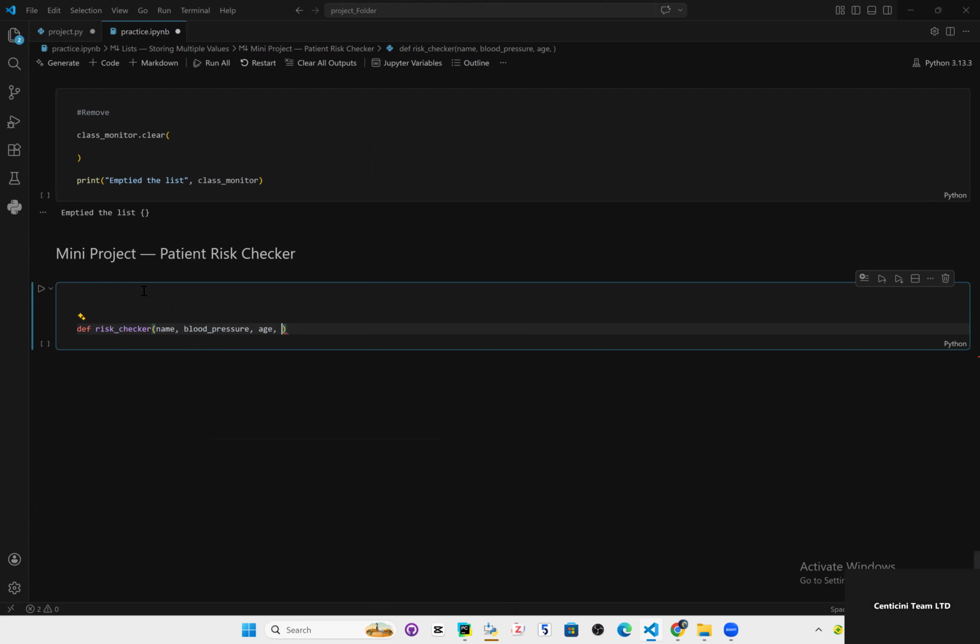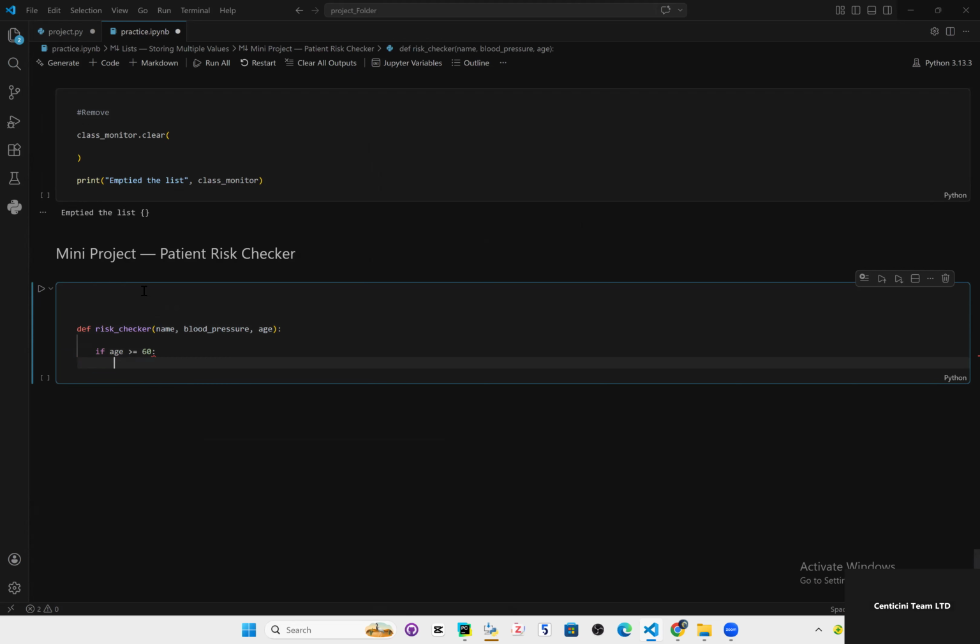Probably it can take in age, blood pressure. I think that's quite okay. You can work with that. And then you're gonna see here now that if the age that it enters is greater than or equal to maybe 50 or 60, then we're gonna see